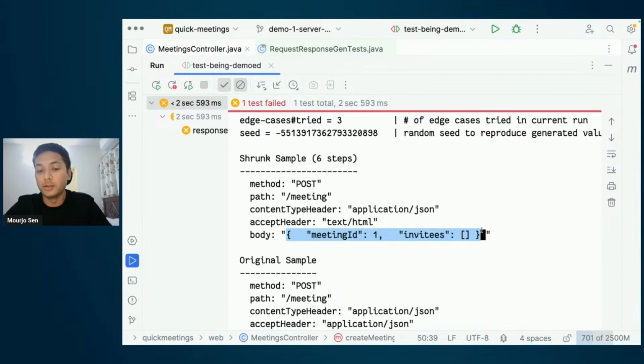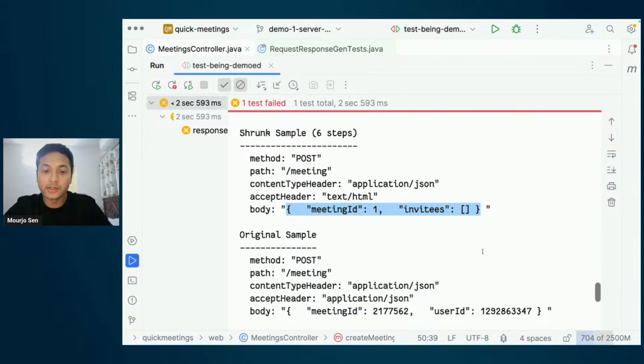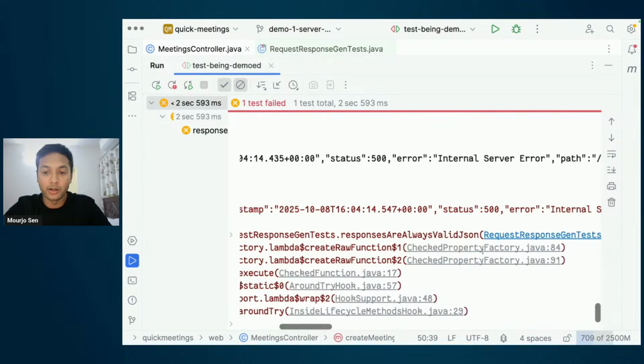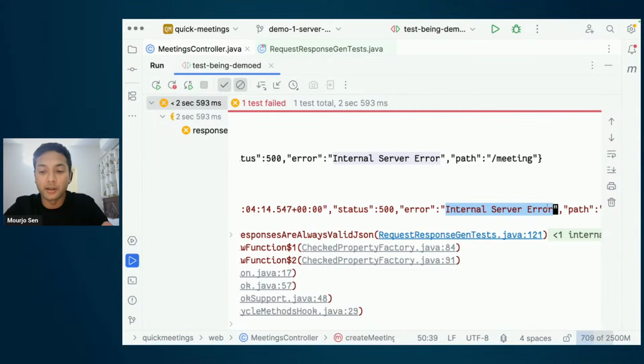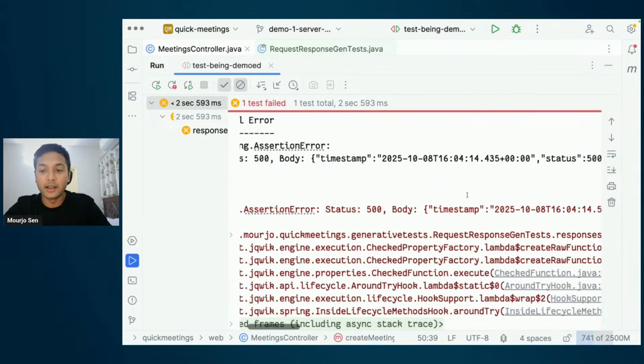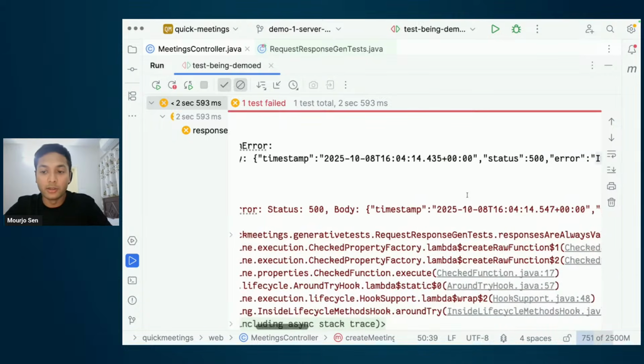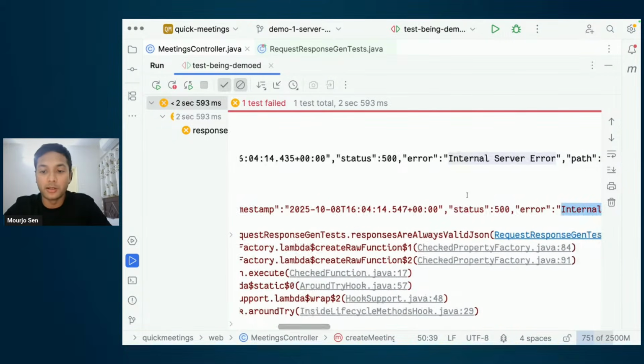But again, the user could legitimately forget to pass duration. But instead of telling the user that, hey, you know what, you missed a parameter, what we are doing is we are returning a null pointer exception. I mean, we are returning an internal server error because of the null pointer exception. And the reason is that the null pointer exception is not properly handled. So if I make a typo in the request and I get an internal server error, what I would think as a user is that there is something wrong with the application, because internal server error is something internal to the application. It would never tell me what my mistake is as a user.